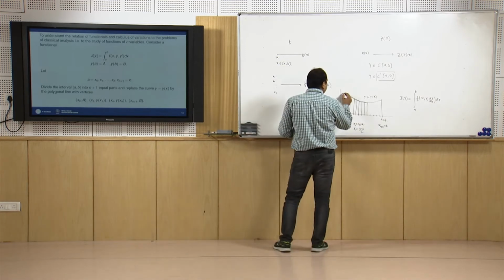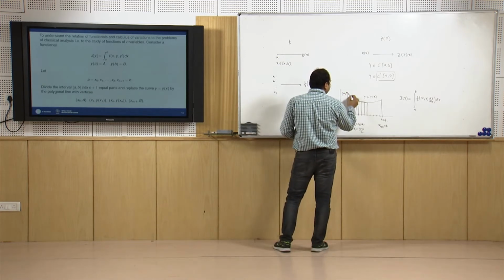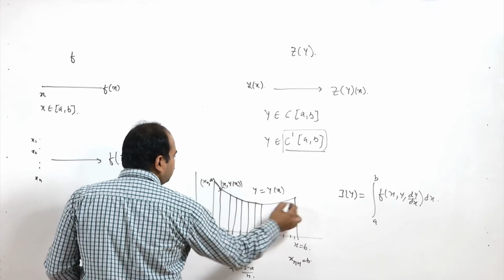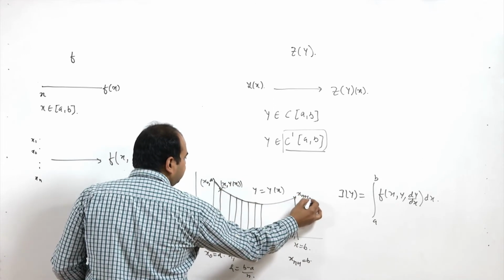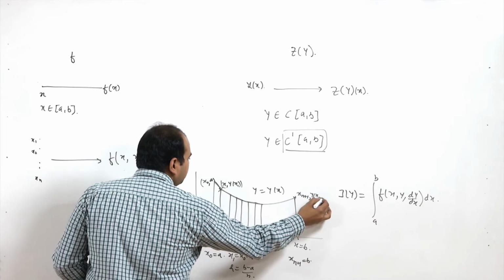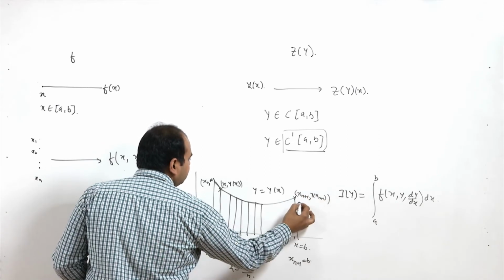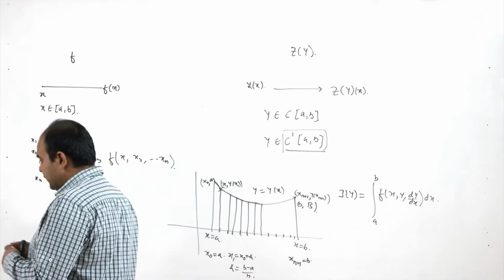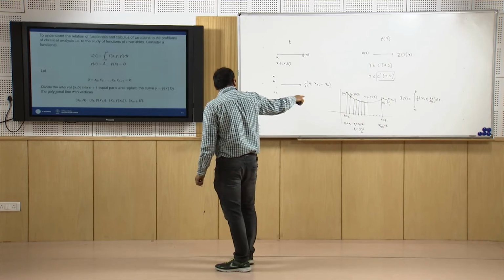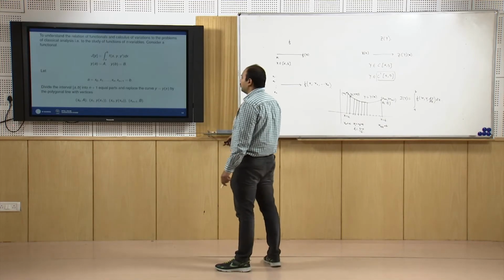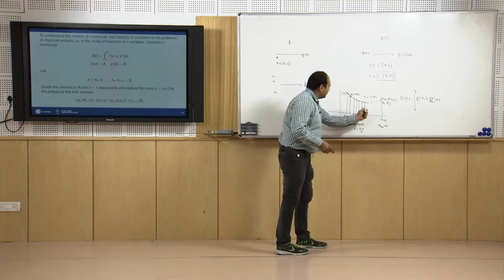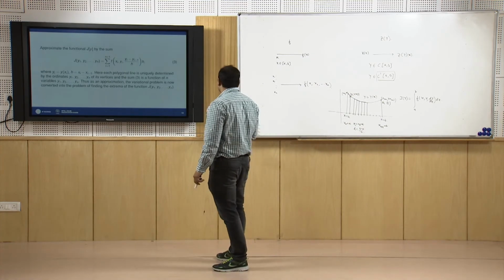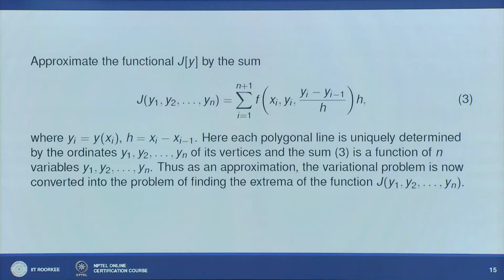say x naught and a. Here this vertex is given as x1 and y of x1, and so on. So, here x of n plus 1 and y of x n plus 1, which is nothing but this is b, and this y n plus 1 is given as capital B. So, now this curve is approximated by polygonal lines and the vertices are already given to us, right. So, now we can say that if we do this, then we can approximate the function